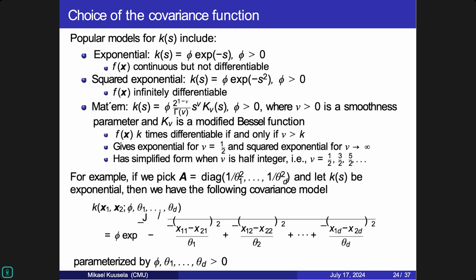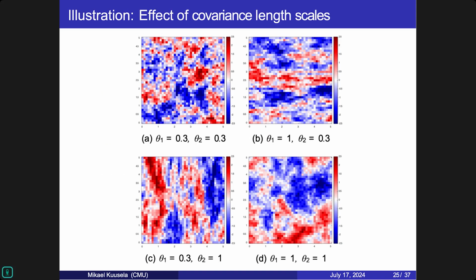All right. So okay. So I promised a version of this A. So the easiest version of this A is if it's just a diagonal matrix. In which case, in this norm, this expression simplifies in such a way that it looks like this. So now you have a covariance function, which in some sense, at least for me, is like the default choice if I try to work with spatial data or Gaussian processes more generally, a covariance function that looks like this. So this will be an exponential covariance